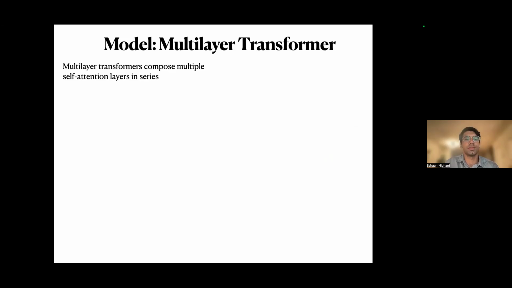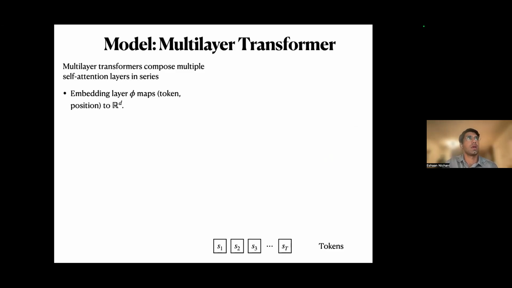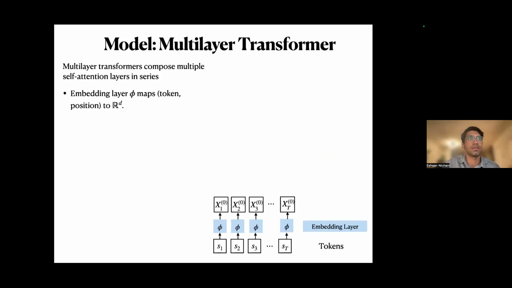So a multi-layer transformer simply composes multiple of these self-attention heads in series. We start off with our input, which is just a sequence of T tokens. We have some embedding layer phi, which maps token comma position to vectors in R^d. These initial embeddings are then passed into the first self-attention layer.